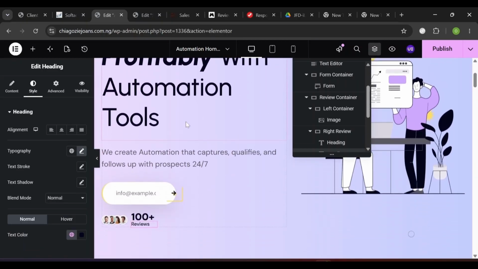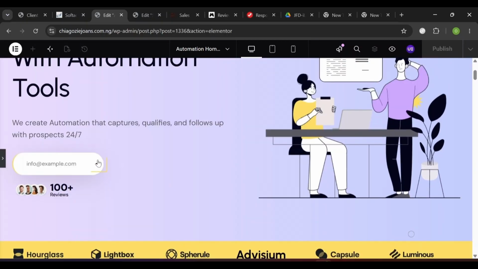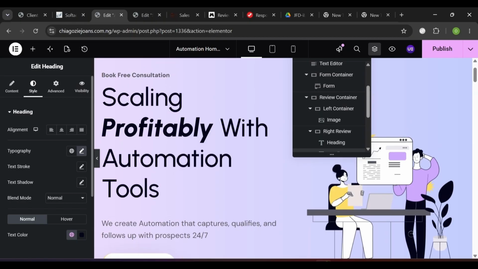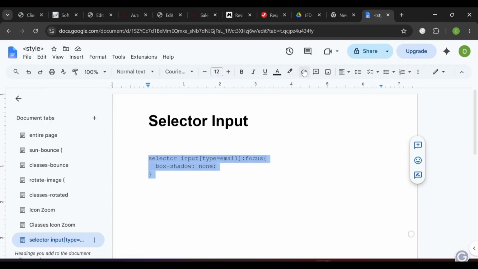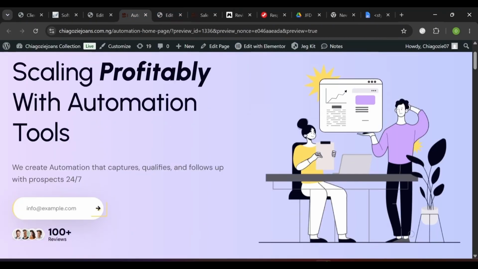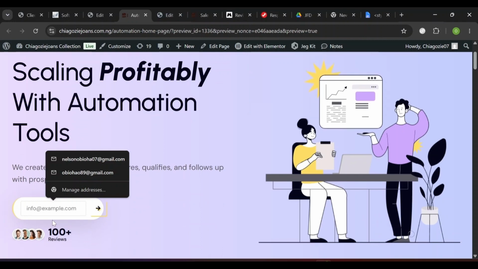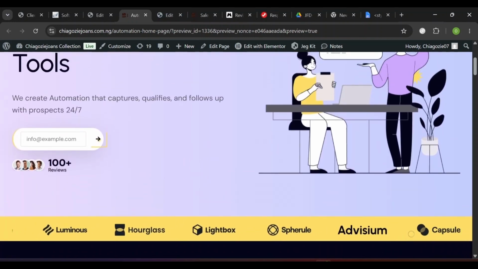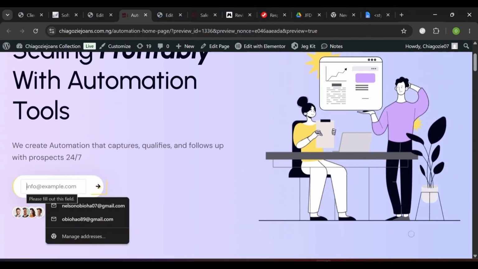So after doing this, we can preview. Okay, this is how it looks. So we can publish this. Okay, now you can see how this looks on the preview section. You can see how this looks here. Okay, when typing, users will see this border. All right, so we want to remove the border from this section, and to remove the border here, this line,